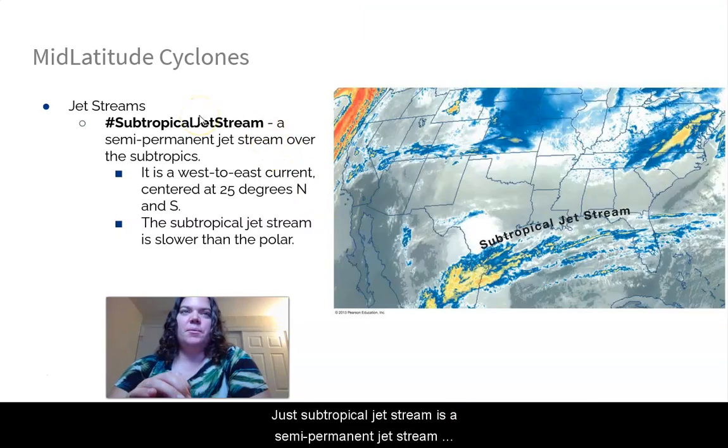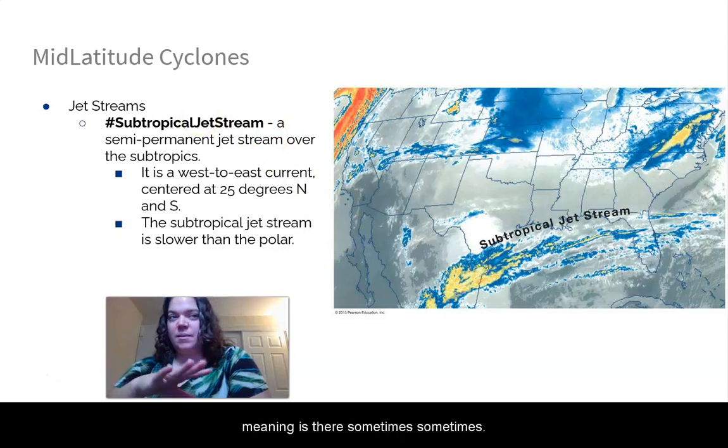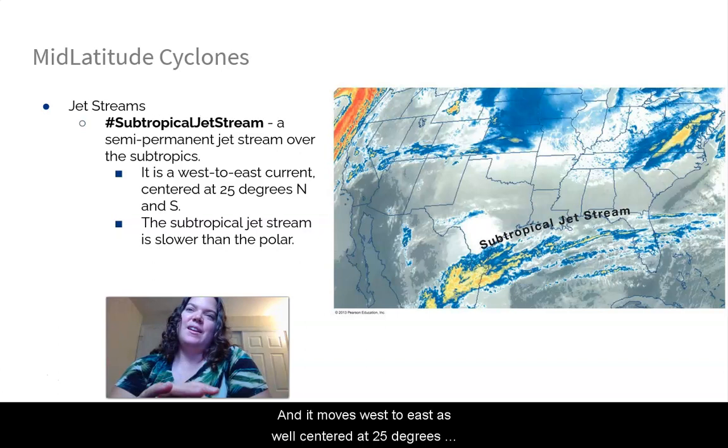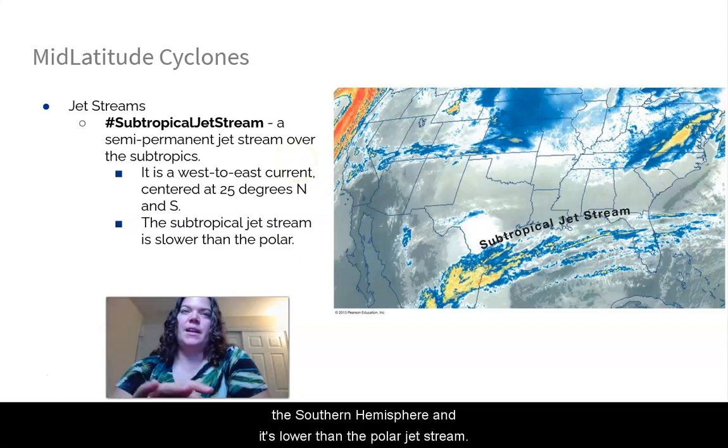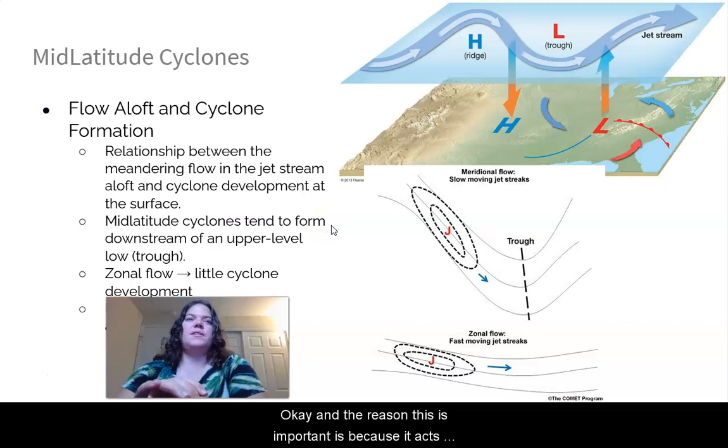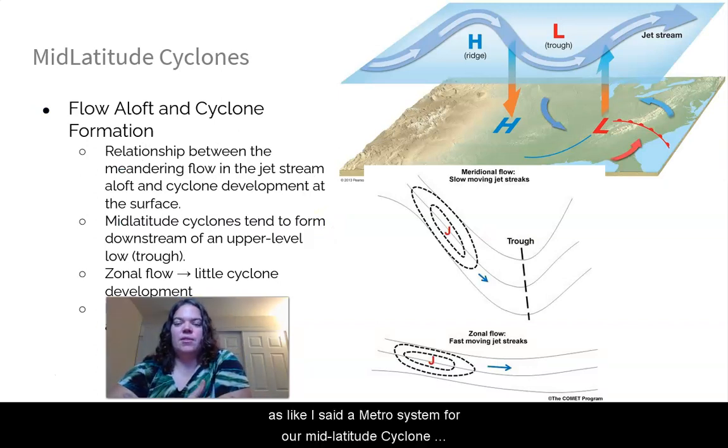All right, the subtropical jet stream is a semi-permanent jet stream, meaning it's there sometimes and it's not. It moves west to east as well, centered at 25 degrees north and south. So there's one in the northern hemisphere and one in the southern hemisphere, and it's slower than the polar jet stream. The reason this is important is because it acts, like I said, as a metro system for our